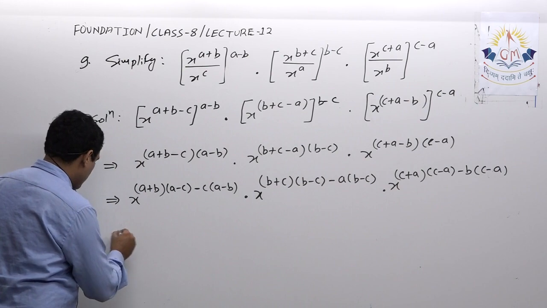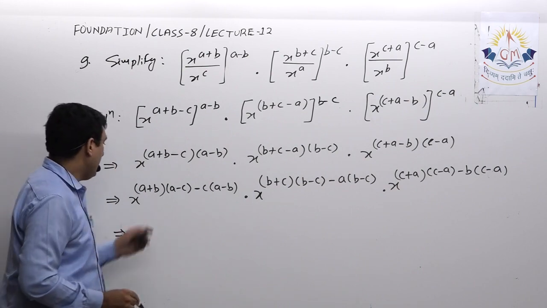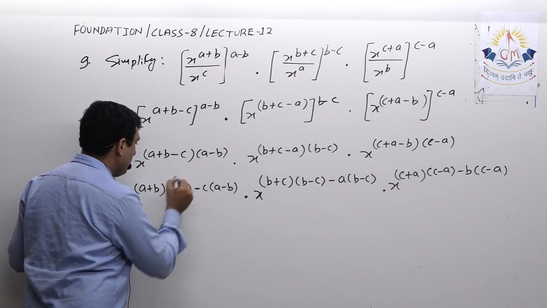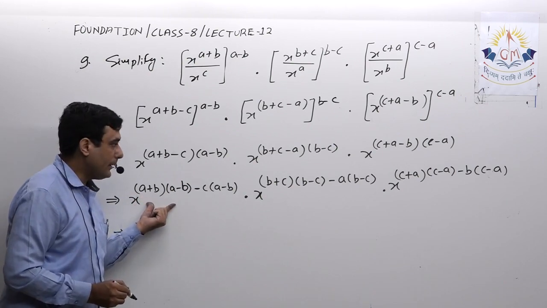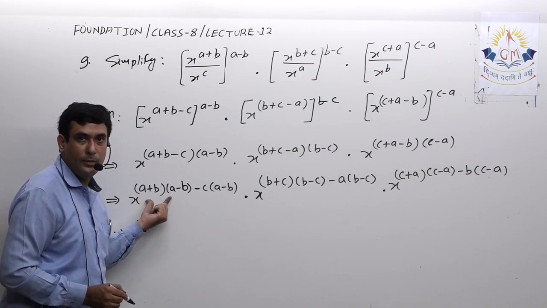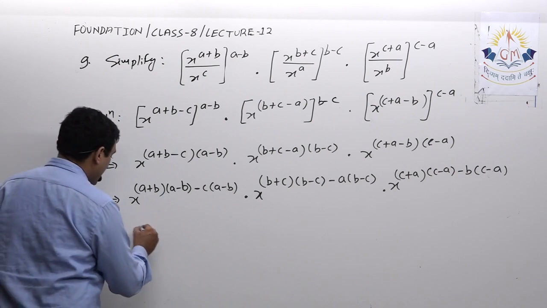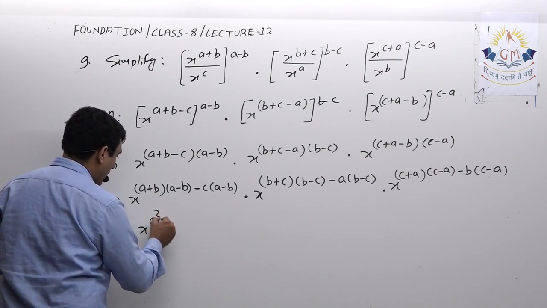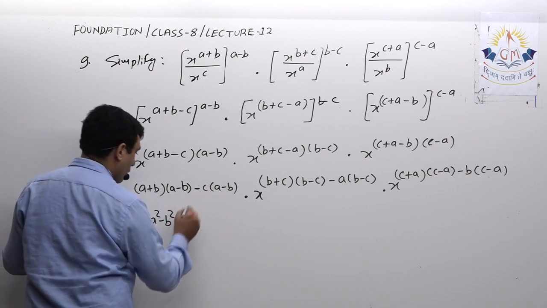Okay, now next here actually it is a minus b. Now here I can apply this identity directly, a square minus b square. So here I will get x raised to a square minus b square, and over here